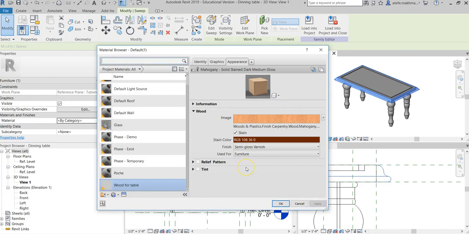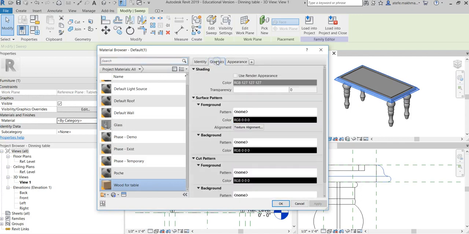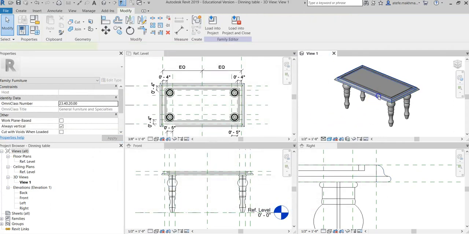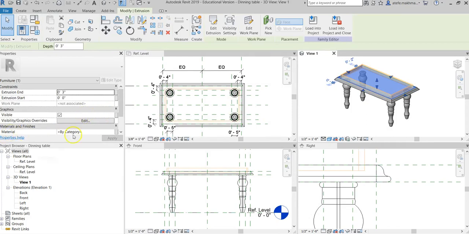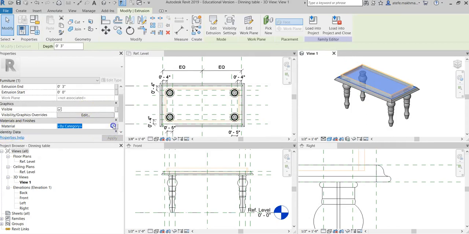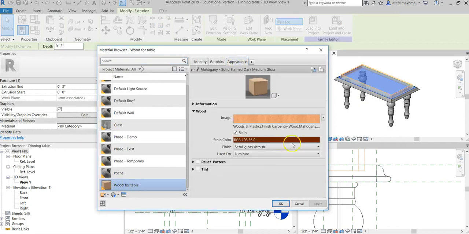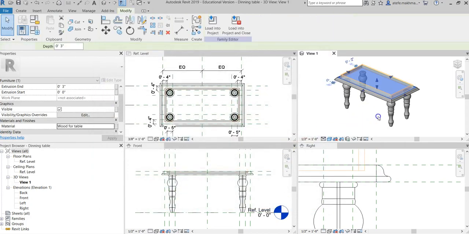So I have created, you can also check the graphics. You can change the color or pattern, which I do not want to do. So I can just say OK. And if it has not been applied, you can try it again. Under material, you see that I didn't change it. So you can choose it again, and now you see the one. So this time if you say OK,